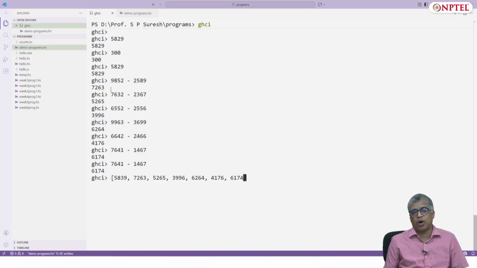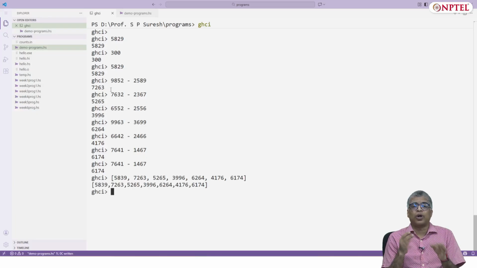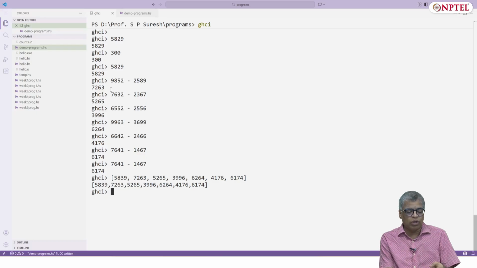At this point it should stop because the same number keeps repeating. This is what I want to do. I want to write a program that, if I take 5829 as input, gives me this whole list as output.